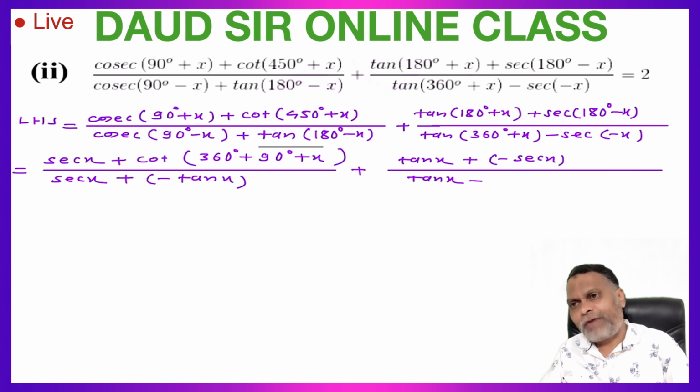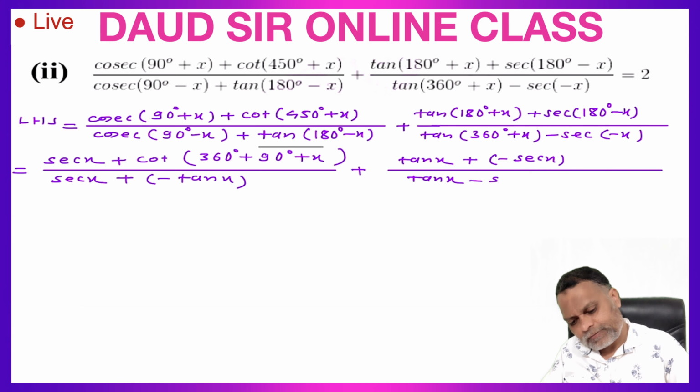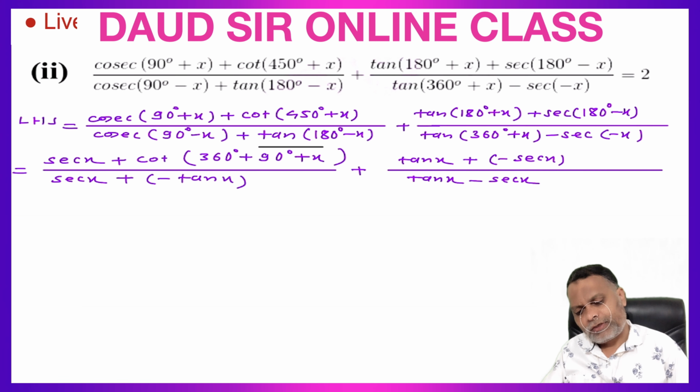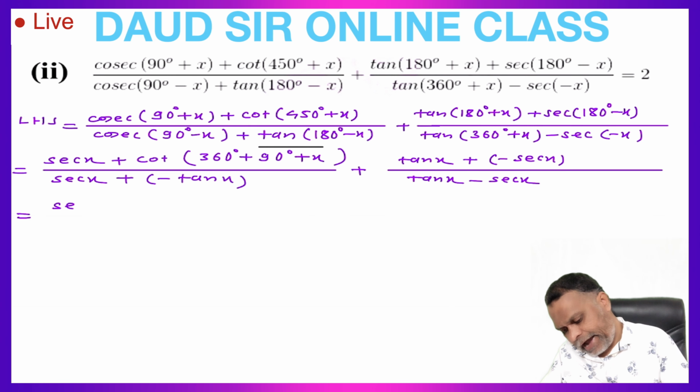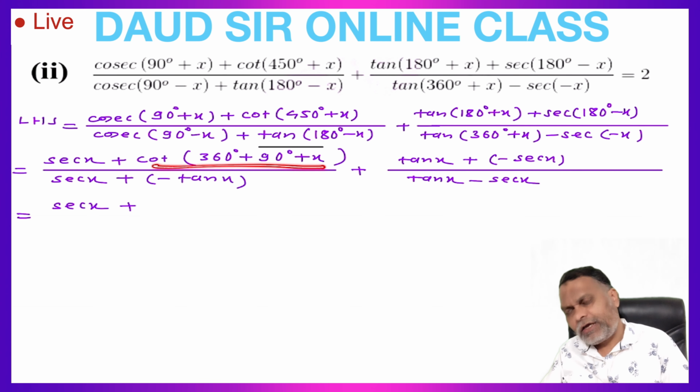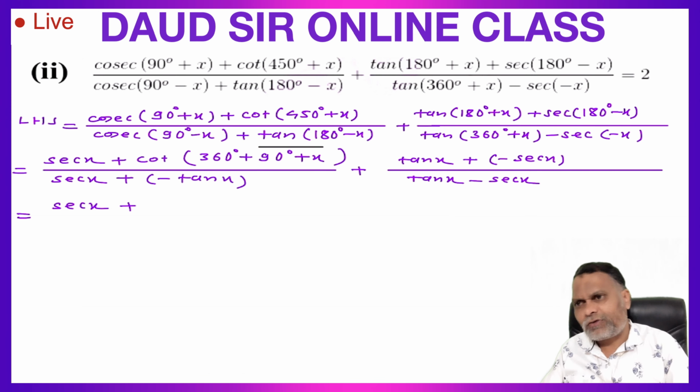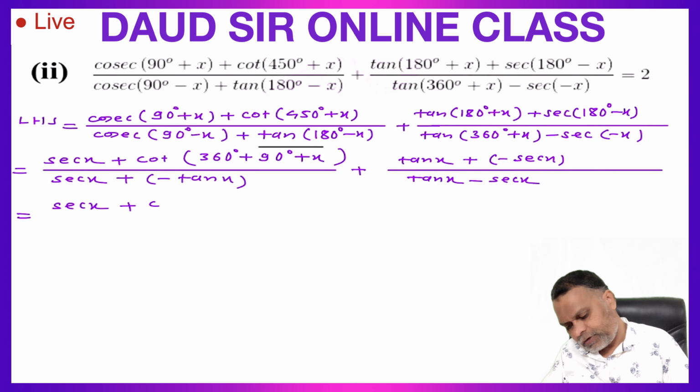Minus sec minus theta. Minus theta lies in fourth quadrant. In fourth quadrant, cos and its reciprocal sec are positive. So this is sec, so plus sec x. Simplify this. This is sec x plus cot 360 plus theta. 360 plus theta lies in first quadrant. In first quadrant, all trigonometrical ratios are positive. So plus sign. In case of 360, no change. So this is cot 90 plus x